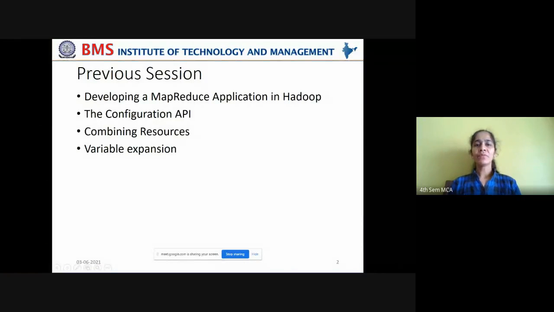In the previous session, we discussed how to develop a MapReduce application in the Hadoop environment, how to use the configuration API, how it can be used to combine resources, and finally variable expansion. Through the configuration API, any default configurations that are already set can be overridden by adding resources.